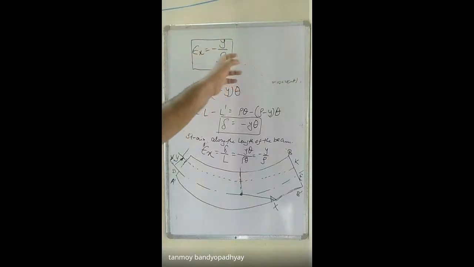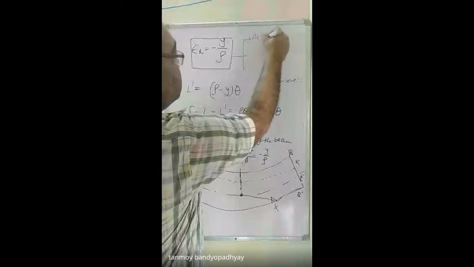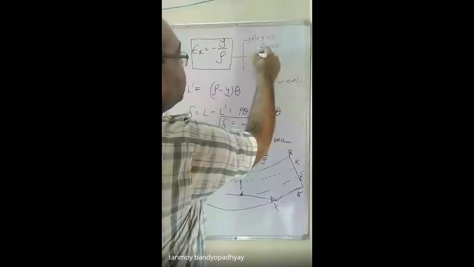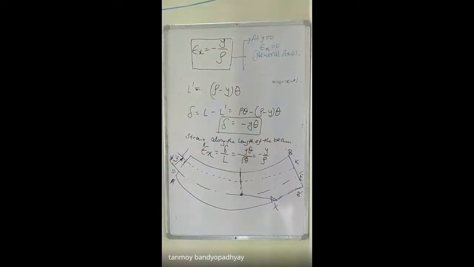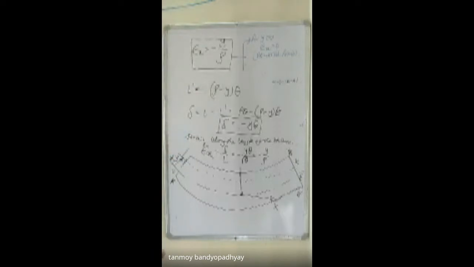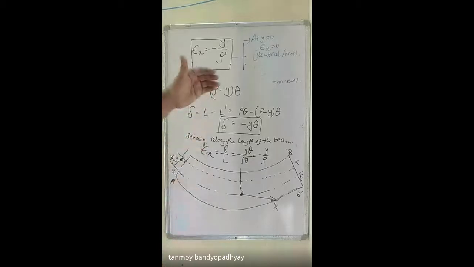So y equal to 0 represents which point? Neutral axis. Very good. So at y equal to 0, the strain is equal to 0. That represents the neutral axis of the beam. So the neutral axis is where the strain is 0. Number 2: when will y be maximum? When y is maximum, either on the upper side or on the down side, on the upper fiber or on the lower fiber. The strain on the upper side will be maximum in compression, and since the sign is minus, it has come out negative because it is compression.